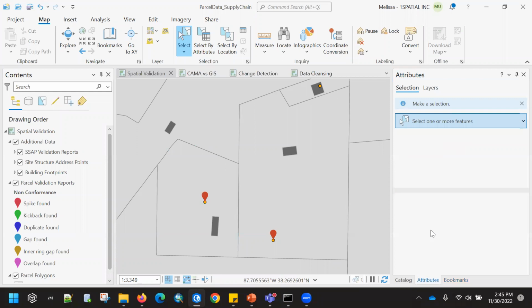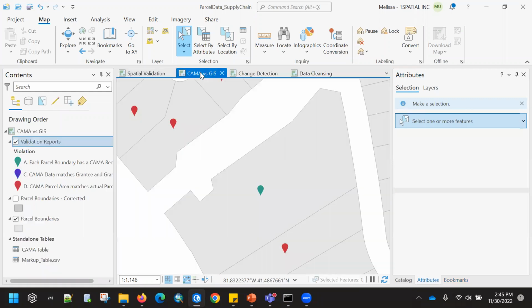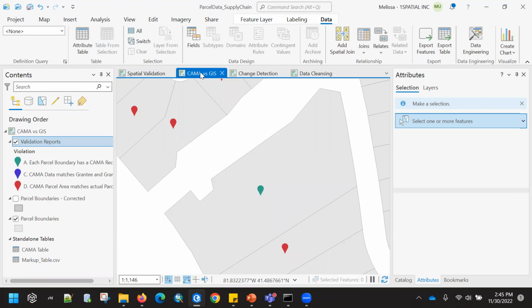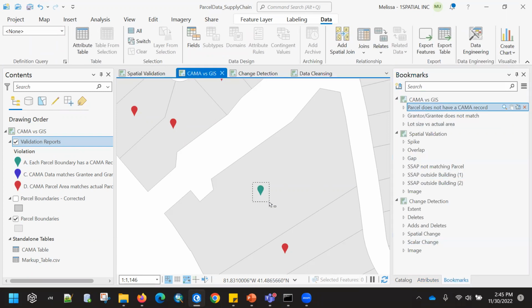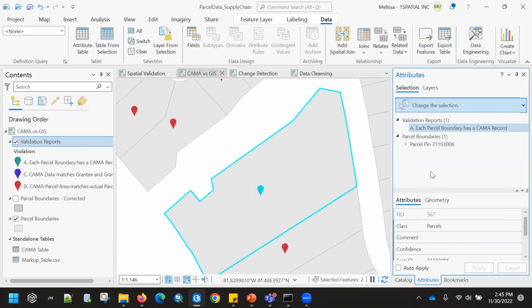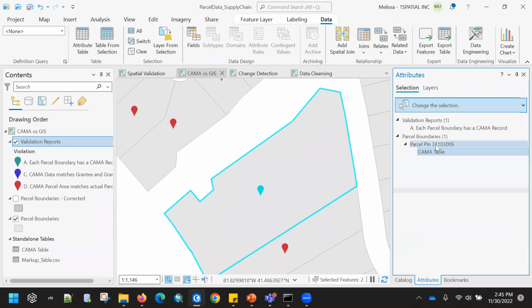Okay, so moving on now to the results of what we were actually looking at on our One Data Gateway side. Let's take a look at some of the non-conformances here. The flag here, or the non-conformance, says that each parcel boundary should have a camera record. So what I did here is essentially join the tables between the parcel boundaries and the camera table. And we're seeing here that with this pin on the parcel boundary side, we cannot find a matching record for that on the camera side.